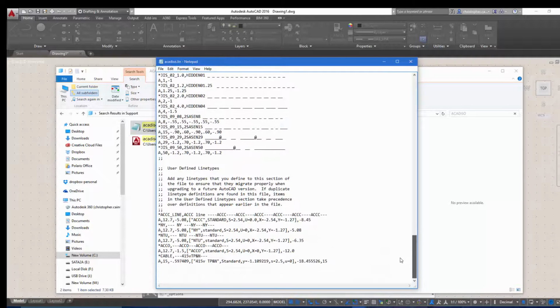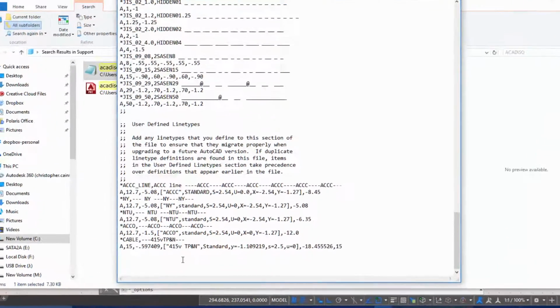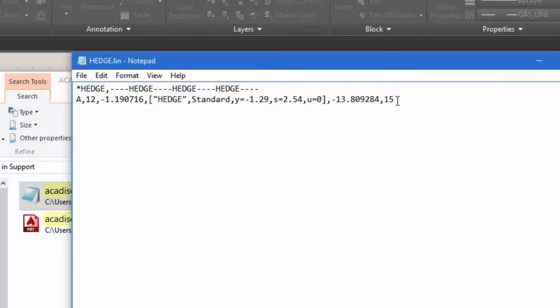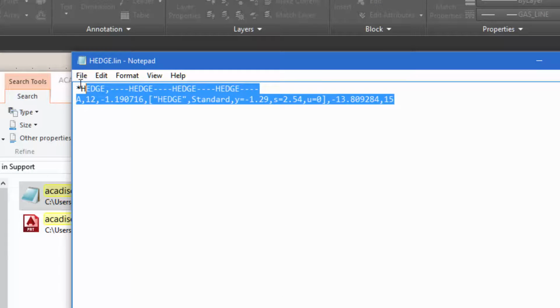Of course, your sizes will be different then. Instead of having a text height of 2.5, you'll have a text height of 1 and so on. Right, now I need to just go back to this because this is no longer in the clipboard because I copied the path before, so I need to copy this again. Control-C